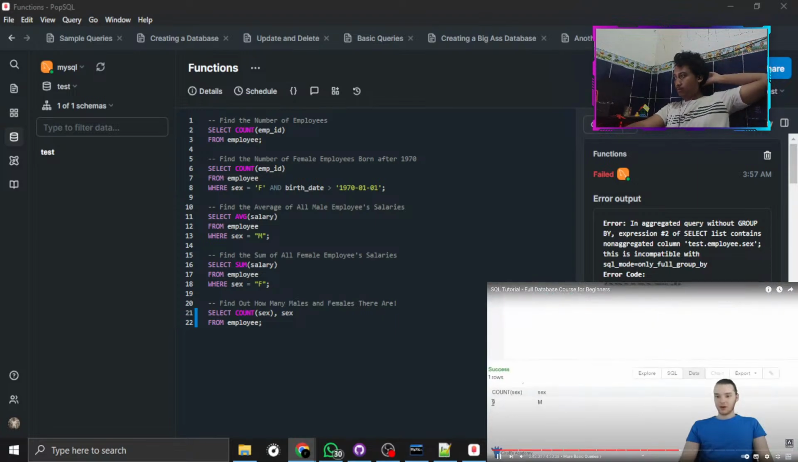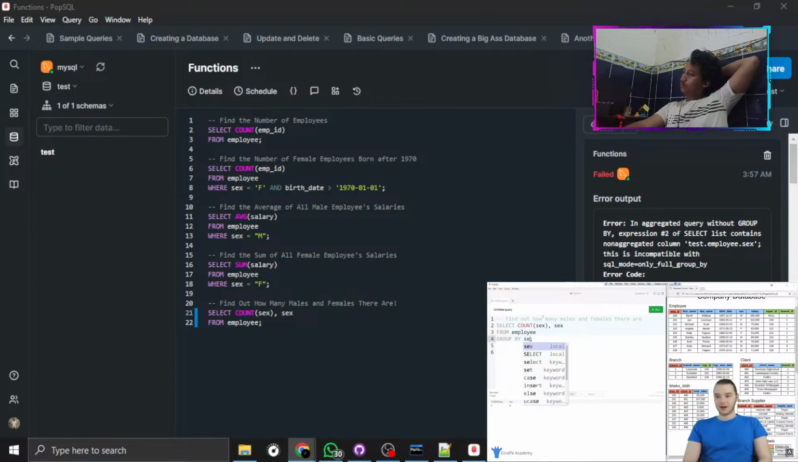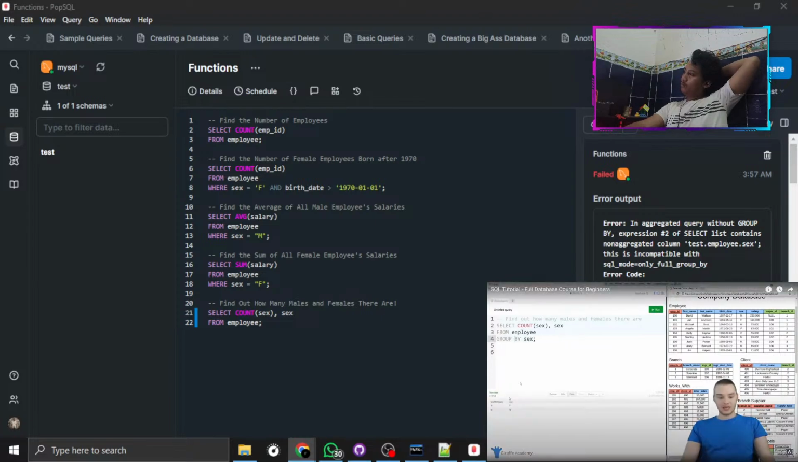And you'll see over here there are 9, and it says male. But this still isn't exactly what we want. So what we can do is we can come down here and we can say group by, and what this is gonna do is it's gonna group this information by the column that I put over here. So now when I run this, you'll see